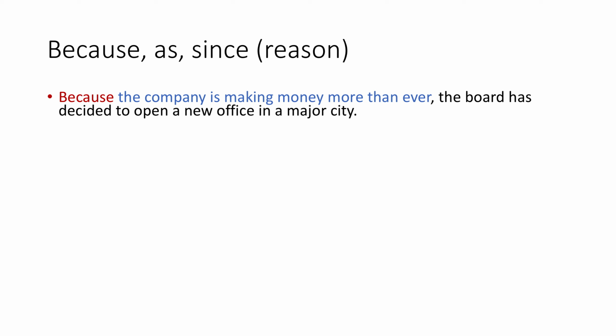The only point that I want to mention here is that in some languages, because is not considered a subordinate conjunction. So you can make a sentence an independent clause that has because at the beginning of it. And I've seen a lot of people whose first language is not English have done this in their writing. They just write the main clause, put a full stop, and then write the dependent clause or the adverbial clause and then put a full stop right after that. This is not how it works in English, so you have to treat this always as a dependent or adverbial